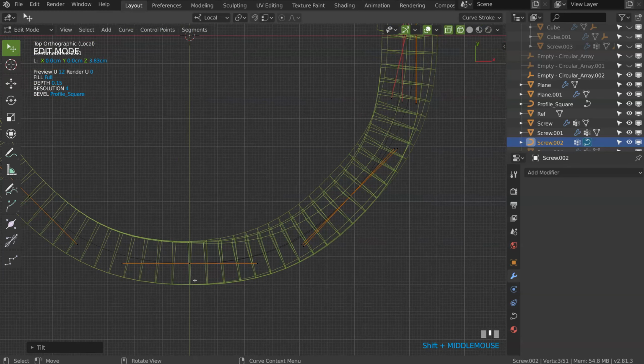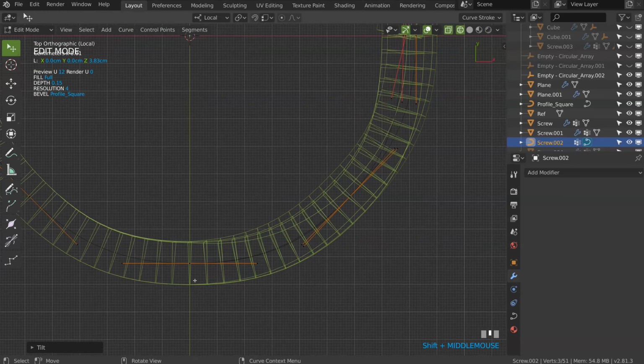Shift D. And on this one, if you go on geometry, you need to select the second profile. Oh, I haven't duplicated it, so Shift D. I cannot duplicate it like that, so Shift D here, okay, and screw, Alt G, let's move it here, and on the screw 6, let's select it like that.